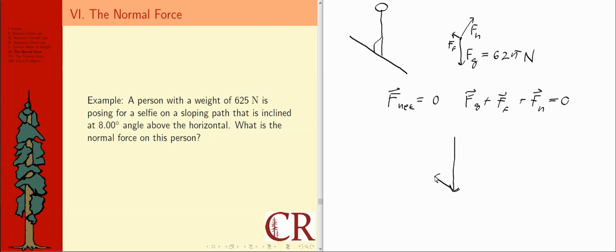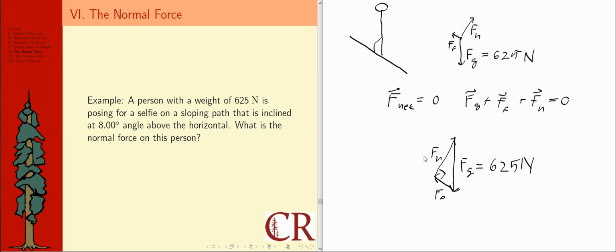And then we also have the normal force that is at right angles to that and should, if everything works out, meet up back with the tail of the gravitational force. So again, this is my interpretation of this picture. And I know that this should form a triangle, even though I had to sketch this and it's tricky to get everything correct, but I know based on the concept that the net force must be equal to 0 that this must come back to some kind of closed triangle-like figure. I know that the normal force and the friction force are at right angles, so I know it's a right triangle like that. And looking at the numbers that I'm given, I've got 625 newtons right there,